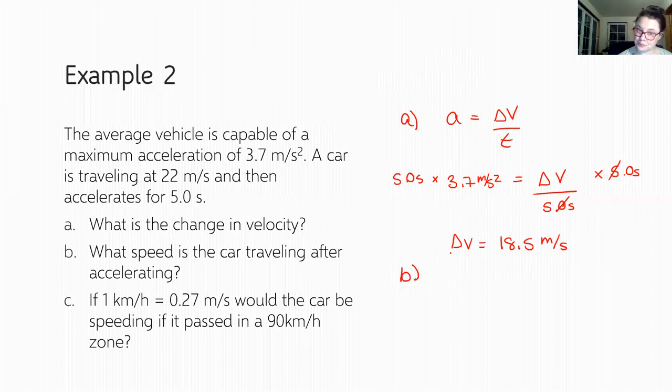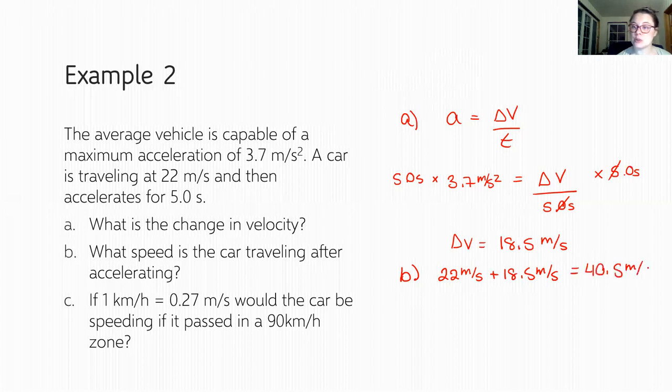B, what speed is the car now traveling? Well, I started out at 22, I accelerated, so I sped up by 18.5 meters per second. So 22 meters per second plus 18.5 meters per second, excuse me, leaves me with